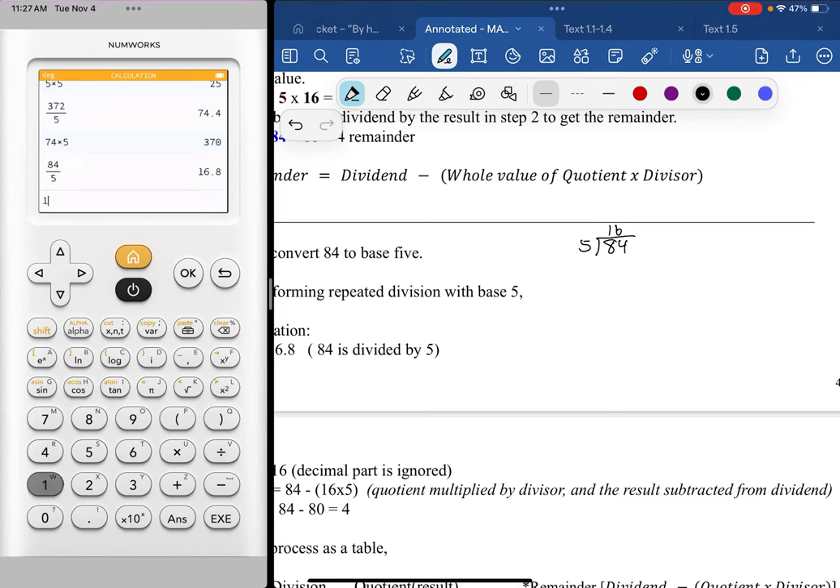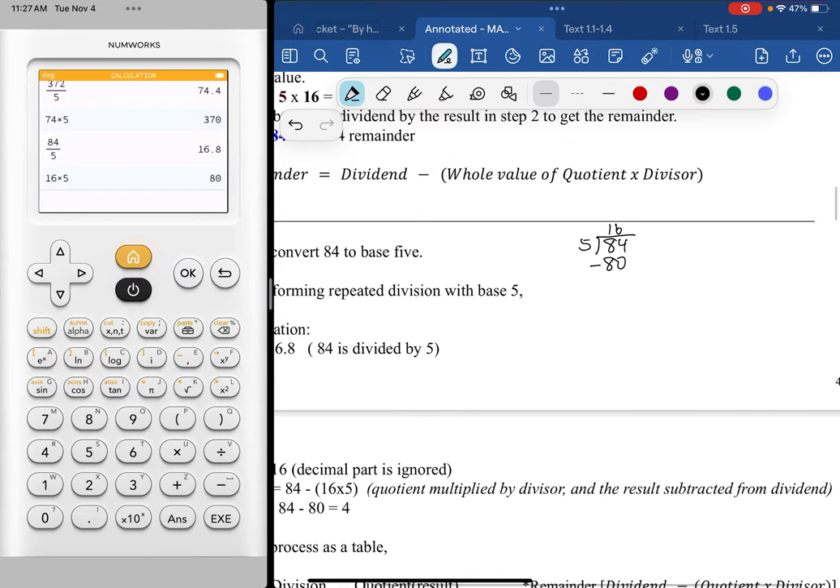And then the 16 times the 5 gets me an 80, which has a remainder of 4. All right, so I have a remainder of 4 for one division of 5. So I'm going to hang on to that remainder of 4. But then I'm going to take that quotient of 16,